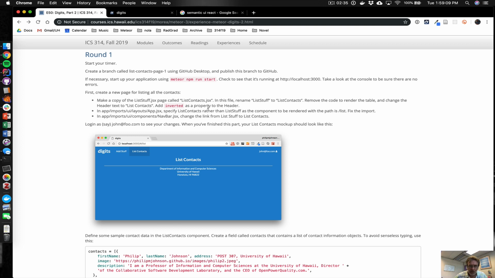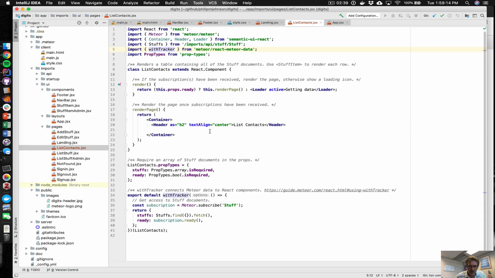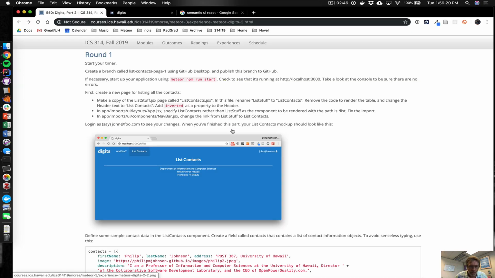And add inverted to the property as the header, so the header will appear in white rather than black. So header, inverted, did that. Okay, in app.jsx, specify list contacts rather than list stuff as the component to be rendered when